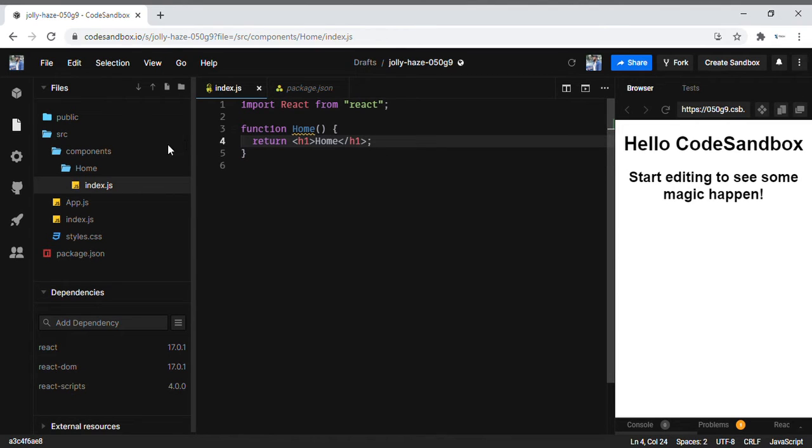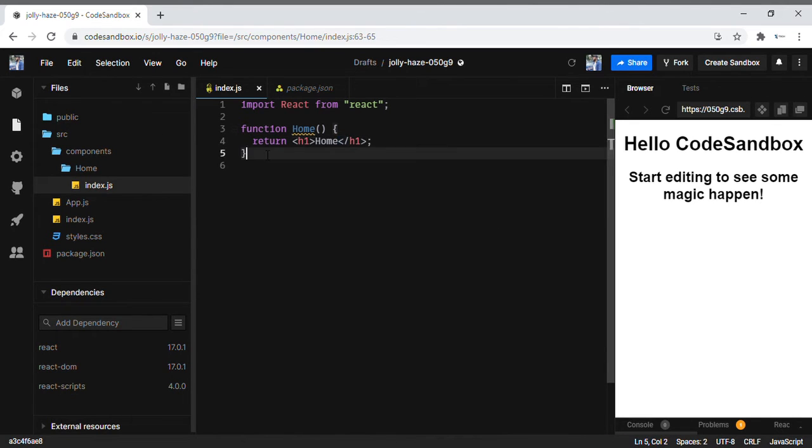So now I have created this Home component. This is nothing but a function, and to that Home function I am returning the HTML element, which is what is called JSX. Here, this function is JavaScript and this is HTML. So this is nothing but JS plus HTML, which is JSX.